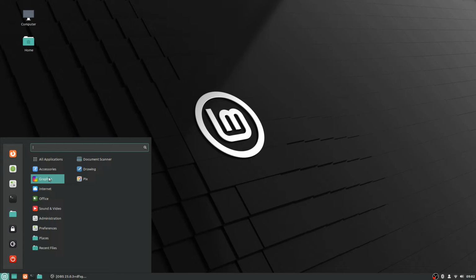So if you're looking for something to do with graphics, so images essentially, it's got a couple here. Pix is installed by default. It says view and organize your images. The Drawing app that's installed by default is a simple drawing utility, and then there's a document scanner if you're trying to make a digital copy of your photos and documents. So if you have a scanner that you want to use, this is the program to do that with on